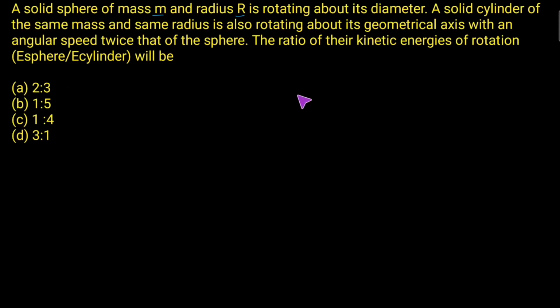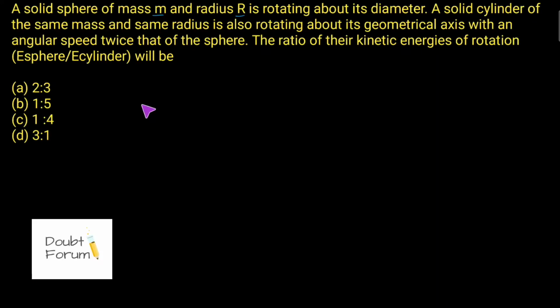Before I solve this question, I would like to relate linear and angular motion. In linear motion, we have the concept of linear velocity represented by the letter V. Similar to this, in angular or rotational motion, we have angular velocity represented by omega. In linear motion we have mass; similar to mass, in rotational motion we have moment of inertia. So moment of inertia is the mass equivalent in rotational motion.